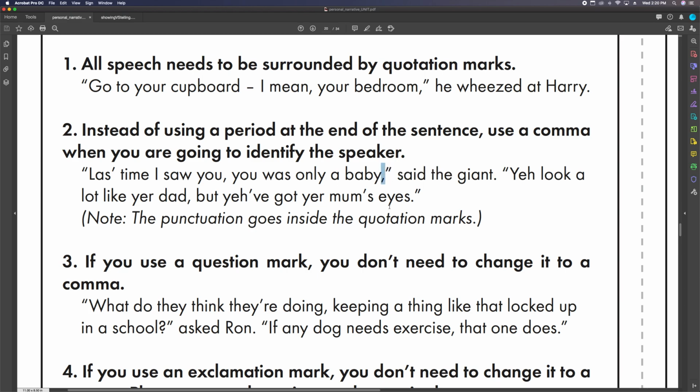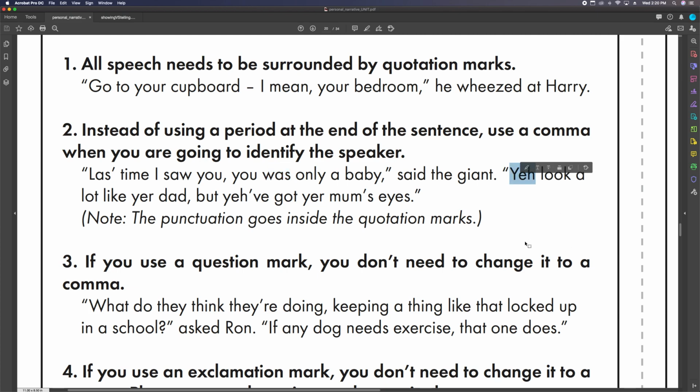On a side note, what I also like about number two is that it's Hagrid's dialect. Like, he doesn't use the T in last. Last time I saw you, you was only a baby. And even the poor grammar here is part of Hagrid's character. It's part of showing who Hagrid is.